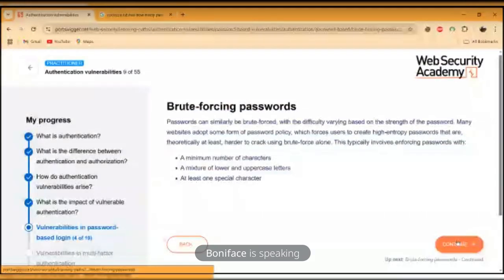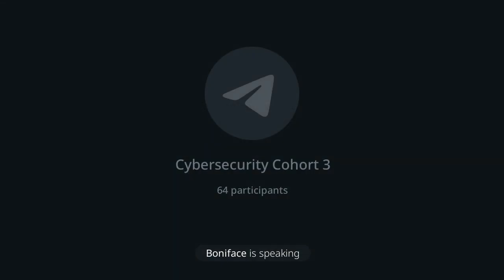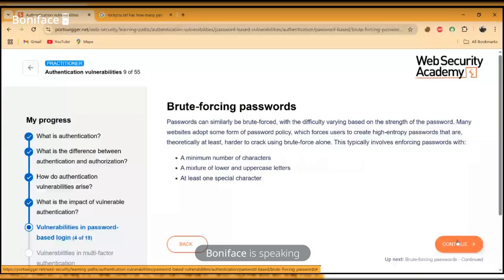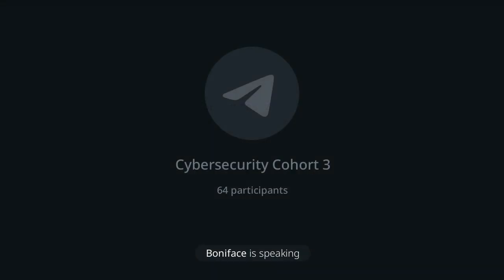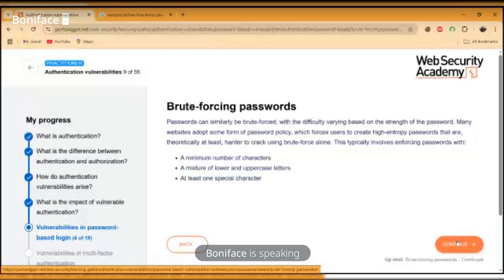Brute forcing passwords. The same way you can brute force this thing, you can also brute force passwords. So now, the difficulty is in the strength of the password. Many websites adopt some form of password policy which forces users to create high entropy passwords that are theoretically at least harder to crack using brute force